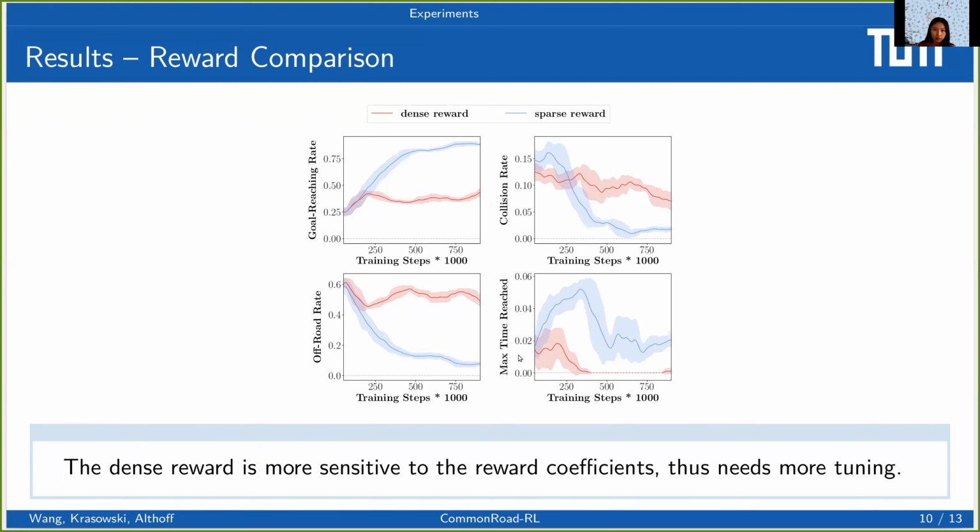A possible reason for that is, first of all, the HighD scenarios were really simple, so the intermediate guidance from the dense reward was not really needed. And also the dense reward is more sensitive to the coefficients of different reward terms. So the default one we used in our experiments didn't work well and might need more tuning.